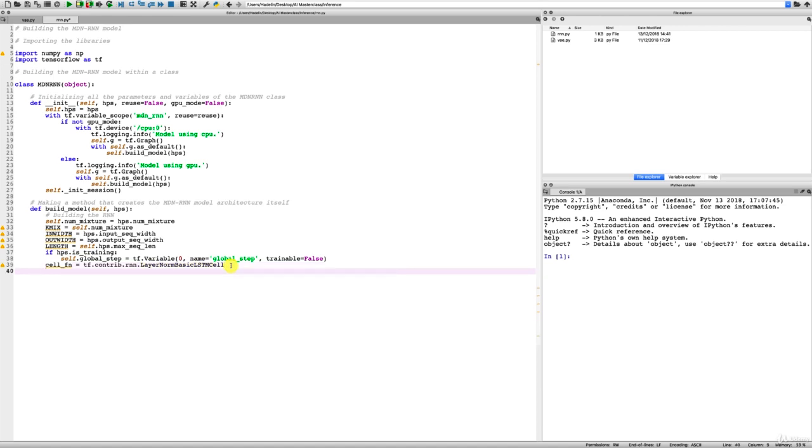Why if conditions? That's because we want to give ourselves the options to add these dropouts. So we might activate the dropout on the LSTM cell, but deactivate it on the input or the output. So we want to give ourselves these options, and the way we're going to do this is by creating 3 variables. Each one will be a Boolean, true or false, for whether or not we're going to activate each of these 3 dropouts. So speaking of these Boolean variables, let's create them right now. The first one will be for the recurrent dropout added to the LSTM cell, and we're going to call that Boolean variable use recurrent dropout, which will be equal to false if,